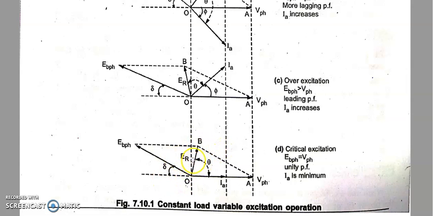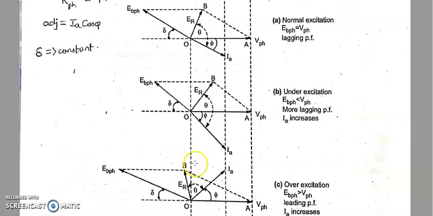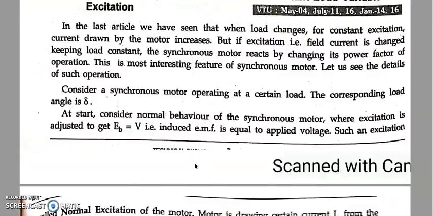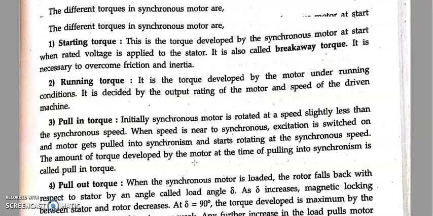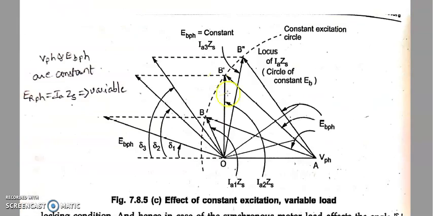And again ER was also changing, yes or not? ER was also changing. If you want, you can see the earlier diagram. Okay, it will be much more clear. You can see here EB phase was same, but delta was getting increased as the load is getting increased, whereas V phase is constant, but ER phase, you can see it has been increased as I increase the load condition. Why? ER is equal to IA into ZS. If I increase the load, obviously IA will increase, ER will also increase.